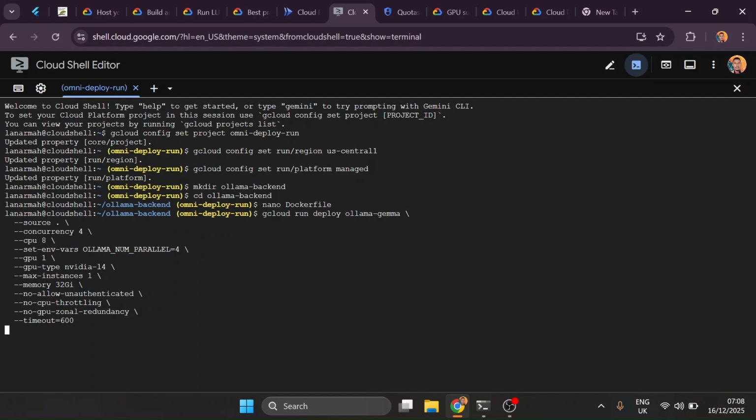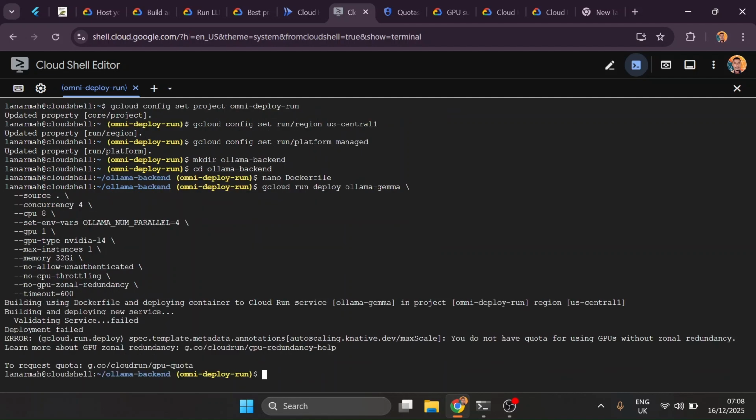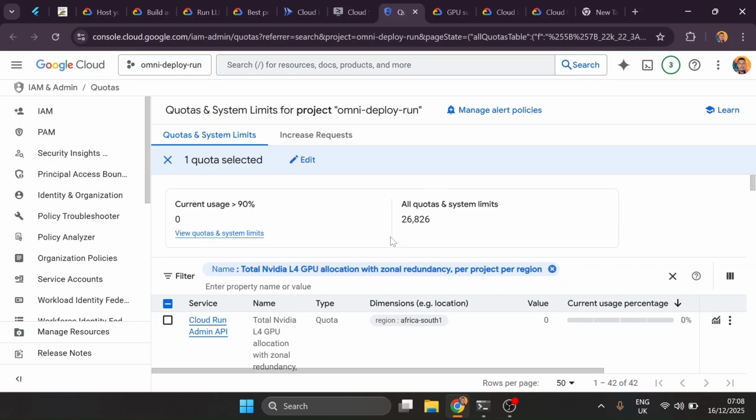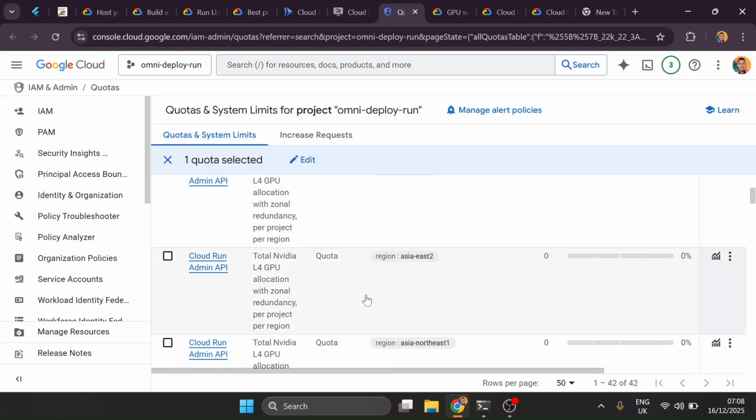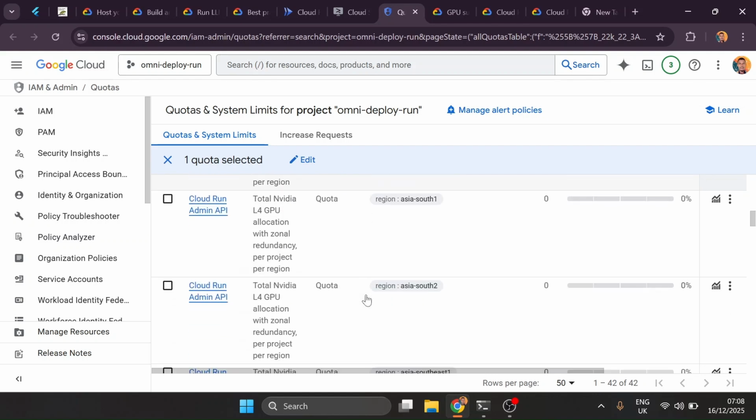Let us see. Because I don't have any GPU quota, I'm not exactly sure. Let's see. Yeah, I do not have any GPU quota. So in order for it to work, you would need to request a GPU quota. That is what I was trying to find out here. And if I look at it from this side,